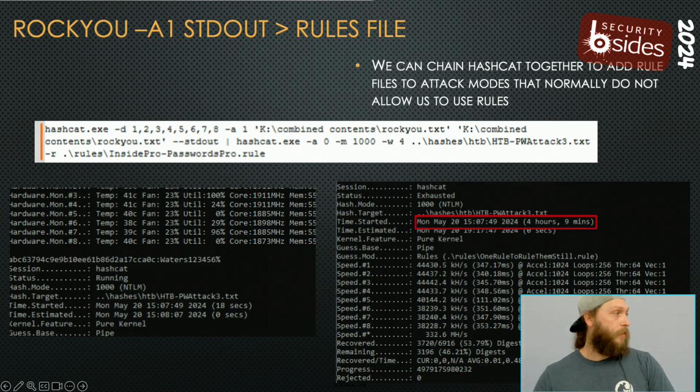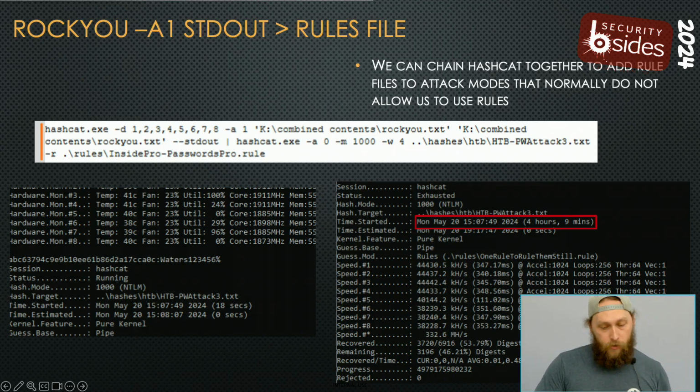Now, as I mentioned, some of these modes do not accept rule files, right? So A1, A6, A7, and brute force modes do not allow you to specify rules. One thing you can do is feed Hashcat into itself and read from the standard in and apply rule sets on the second instance of Hashcat. So